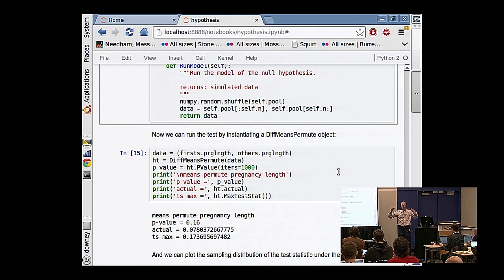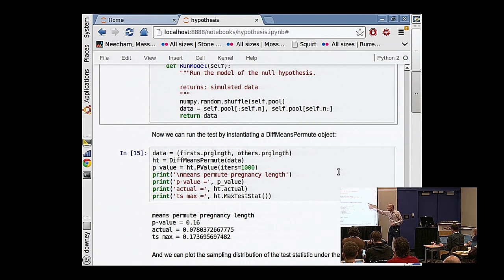Right, so the make model allows you to do some preparatory work before you run model. The reason is make model gets called once, run model gets run, say, 1,000 times. So if you can pull some of the work out of the loop, it'll be a little bit faster. But you don't have to, you could just do all the work every time. It does have to be done, yes, it has to be done somewhere.